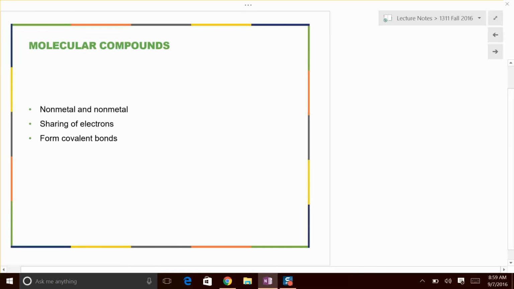So let's talk about molecular compounds. Molecular compounds are covalent compounds. So what distinguishes them? Well, you have a nonmetal and a nonmetal. So let's consider